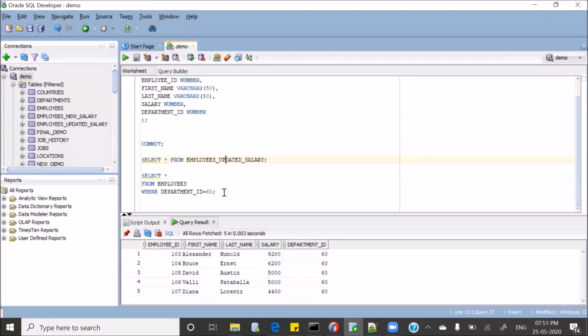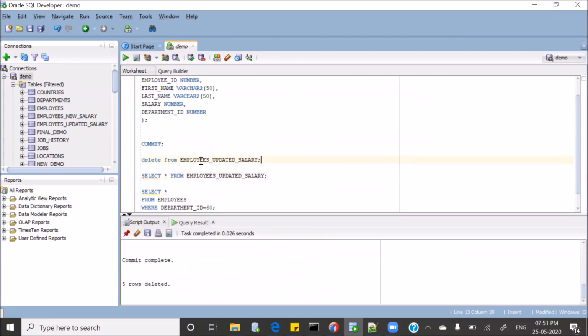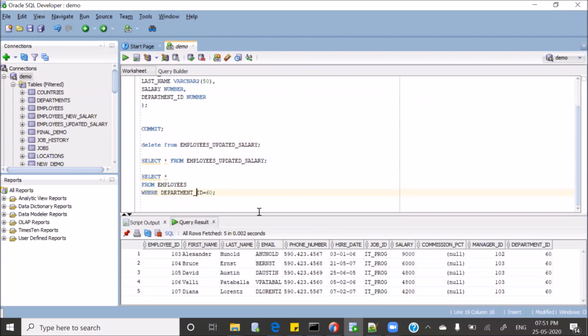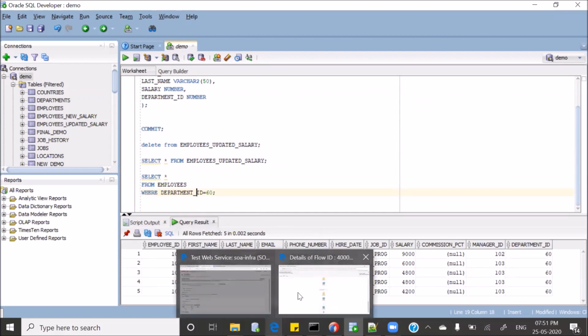Let me do one thing. I'll delete the data from this table. It was deleted. Let's commit it. And again, we will use the 60 only. Department ID as 60. Okay.